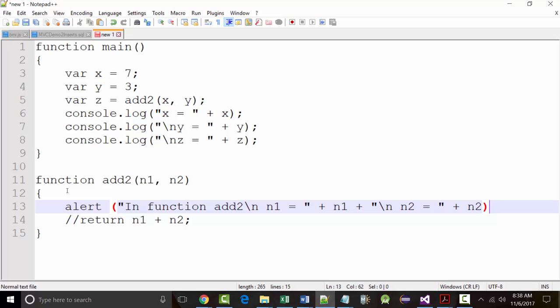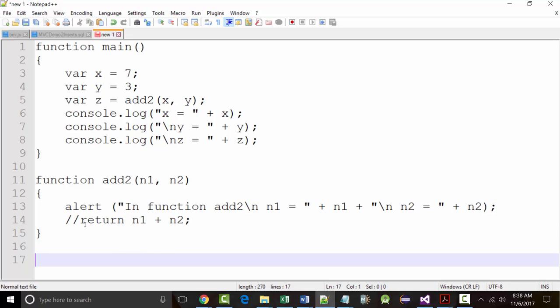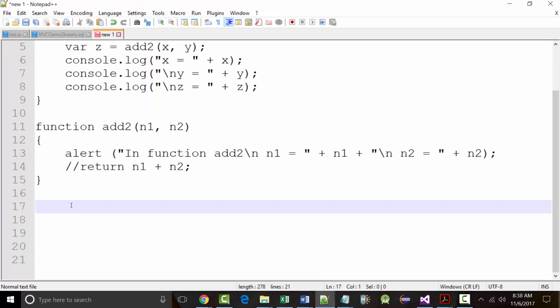Now that's an alert. I could have done it as a console log. But since I did it as an alert, ideally what that's going to write on my screen is